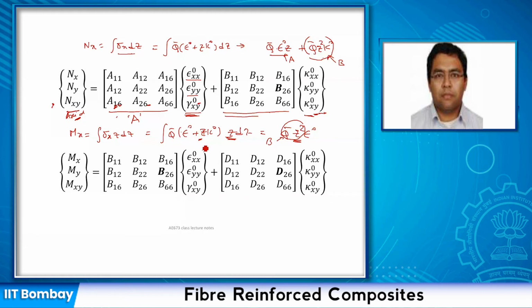And the D matrix is your, now where is my D? Yeah. So the D matrix is going to multiply the z kappa term, but z is already here and we are multiplying again with another z inside the integral. So inside the integral you already have a z square term. So when I integrate it out, I'll end up with a z cube term. Okay, now when I multiply this Q bar, this becomes my D matrix as I have defined in the previous slide. So this D matrix is multiplying my kappa term, which is the curvature term.